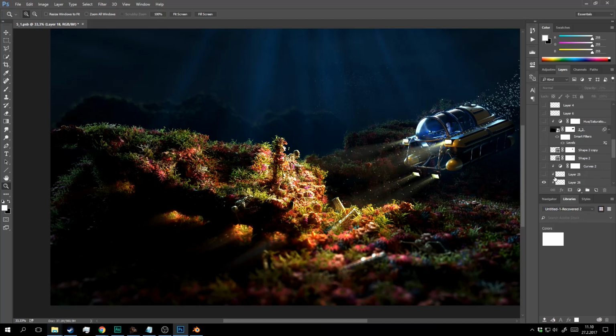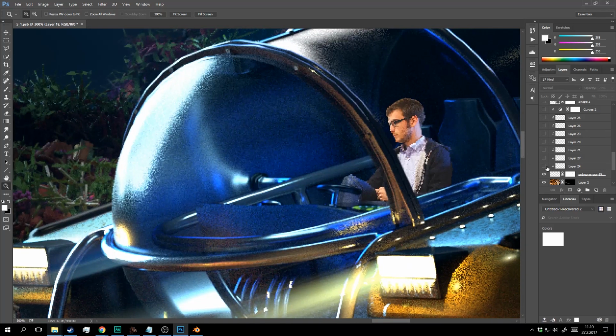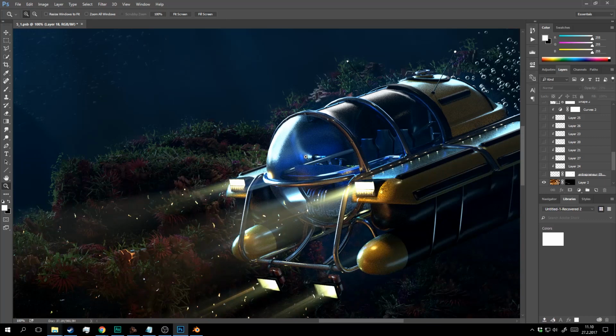And as you can see, the guy there in the submarine is also made in Photoshop. I didn't model him. Here he goes. Goodbye. I think he looks a little bit like Daniel in Stargate, if you know that series. The science guy.